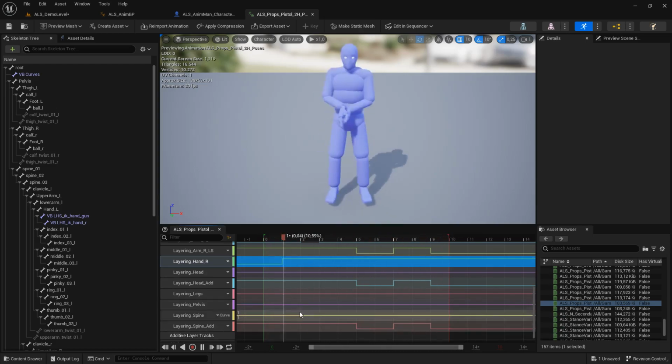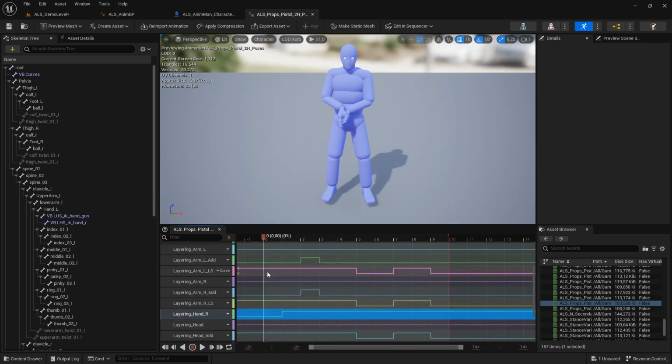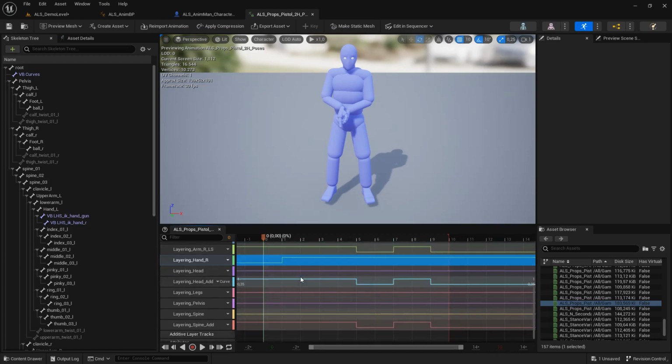And you can see each frame is a different pose, and our problem is happening only here at 0. So I guess it's one of those curves that's causing this, and it's gotta be a curve that has one value at 0 and another value for all the other frames. So searching for this curve inside this animation sequence, I found that the layering hand R curve